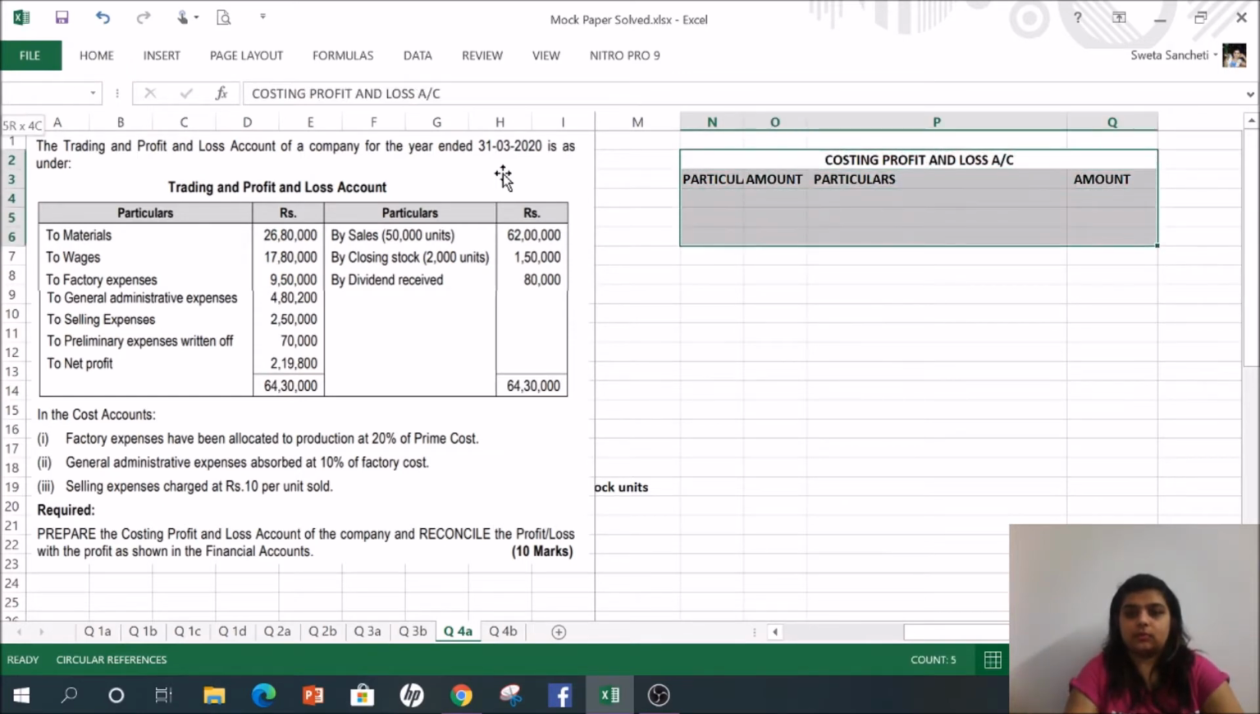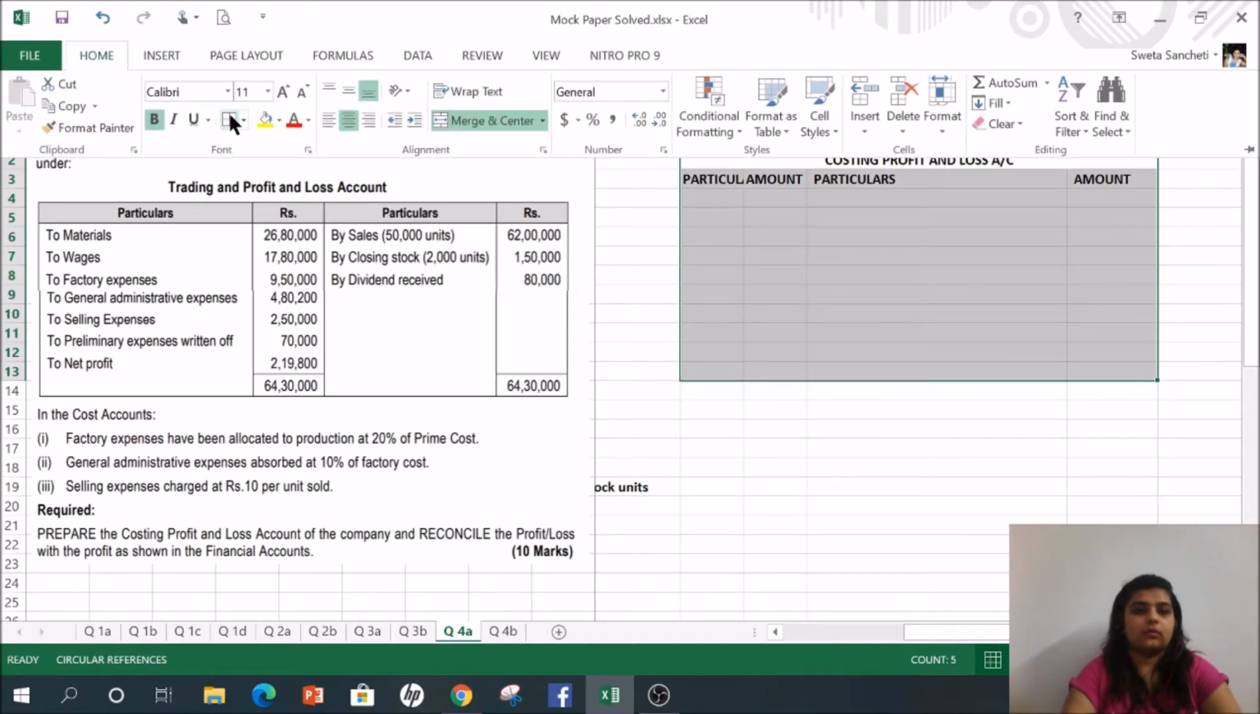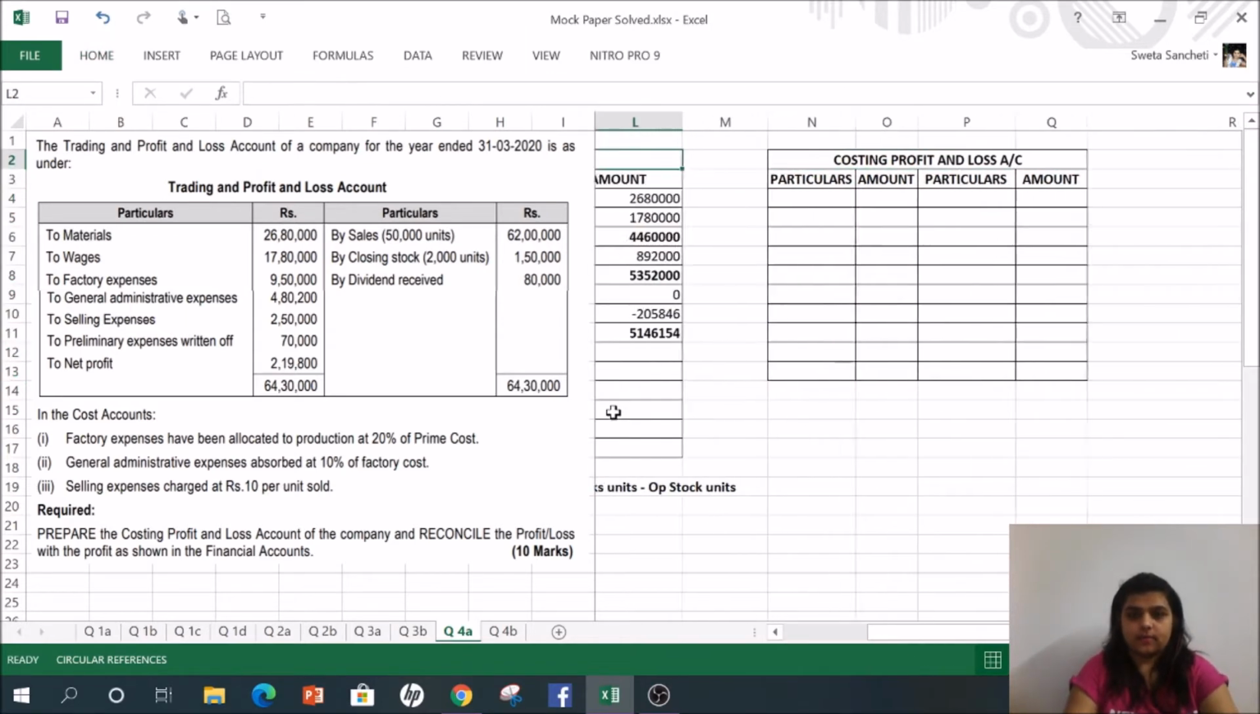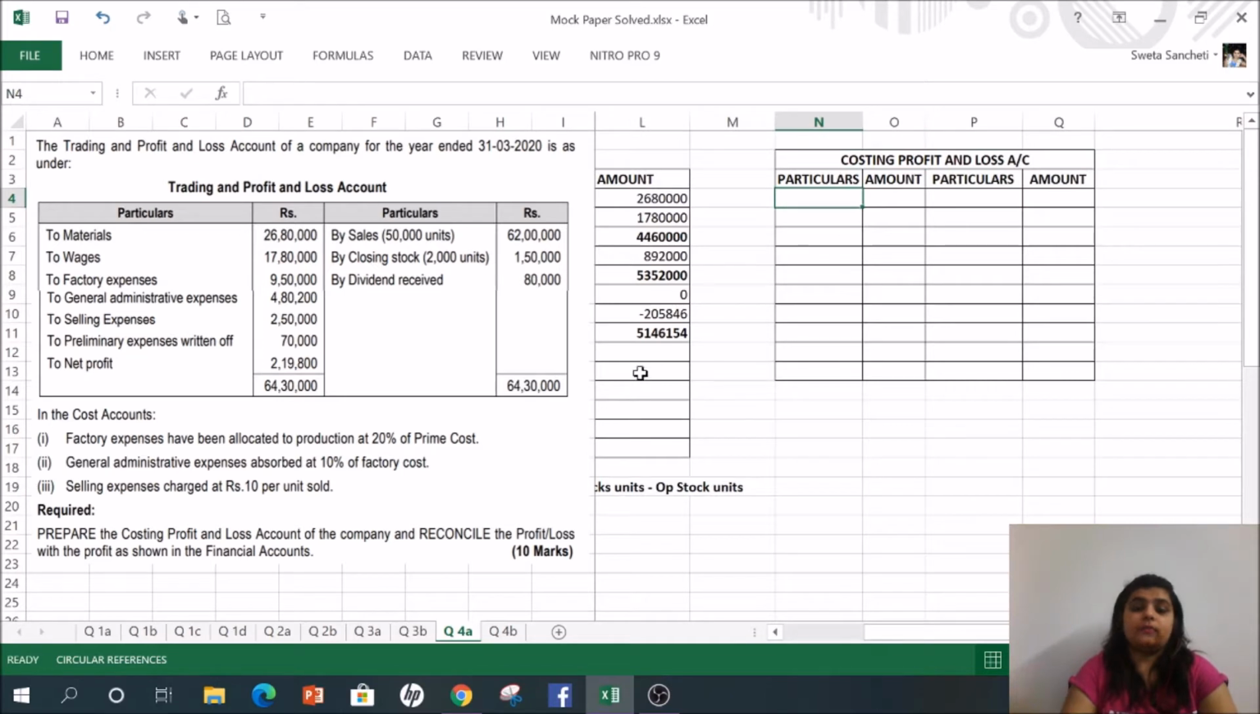Okay, let me quickly prepare the format. Okay, this is our format. Let us begin. So first, our costing to cost of goods sold,